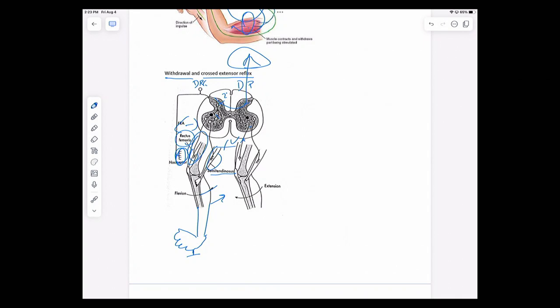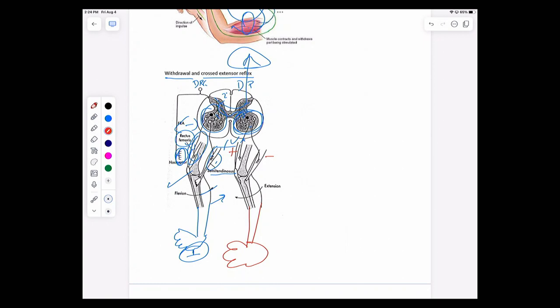So the withdrawal reflex is this piece over here. What also is going to happen when you step on that tack is that not only are you going to be coordinating muscles in terms of withdrawal, you're going to have the opposite going on over here. I'll just go a different color. It is going to cause a stimulation of that and an inhibition of that. That's going to then cause your other leg to stiffen up. And so these work together.